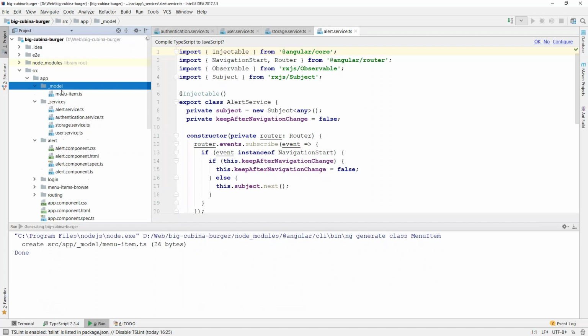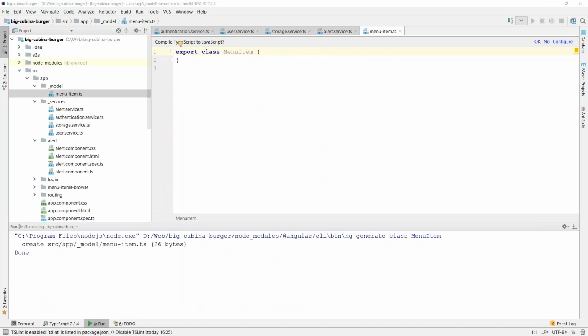And replace its content with the following. So our menu item class has ID, name, weight, price, and image.